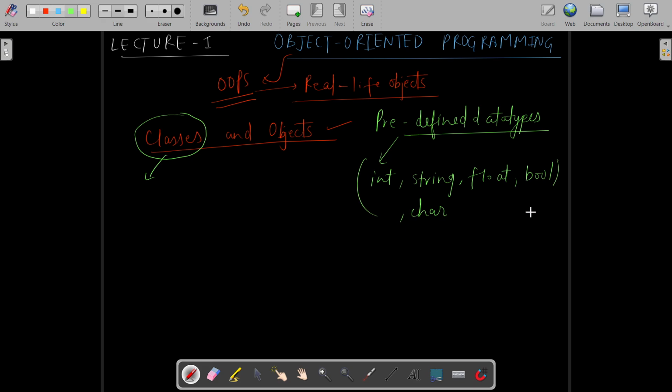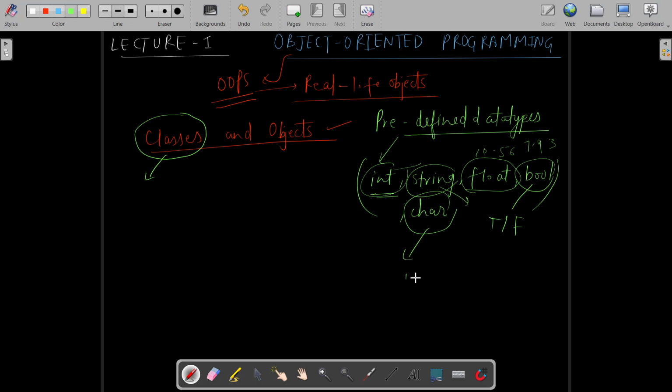These are the predefined data types. Their definition is already set. Int is used to store integer values. String is used to store a set of characters. Float is used to store decimal values like 10.56 or 7.93. Bool is used to store true and false values. And char, which we also call character, is used to store character values like a, or capital